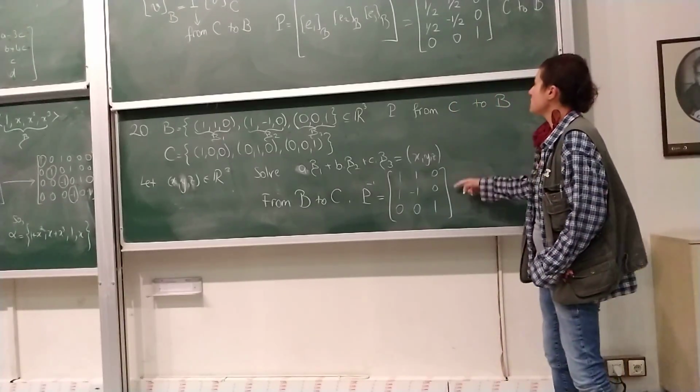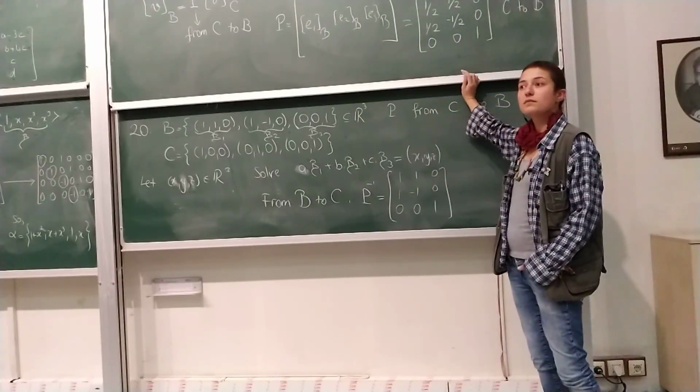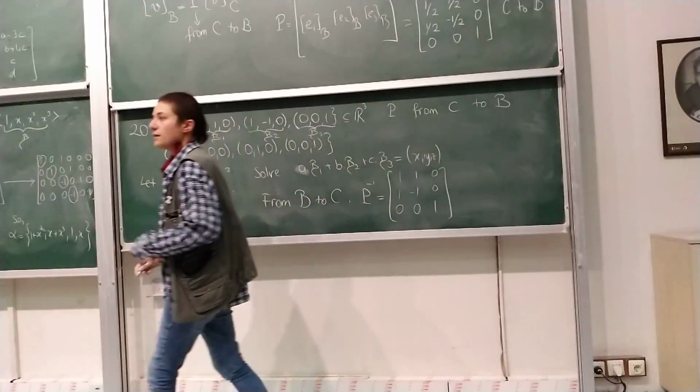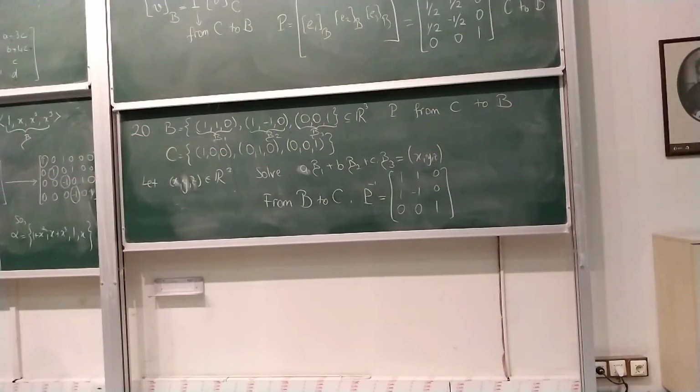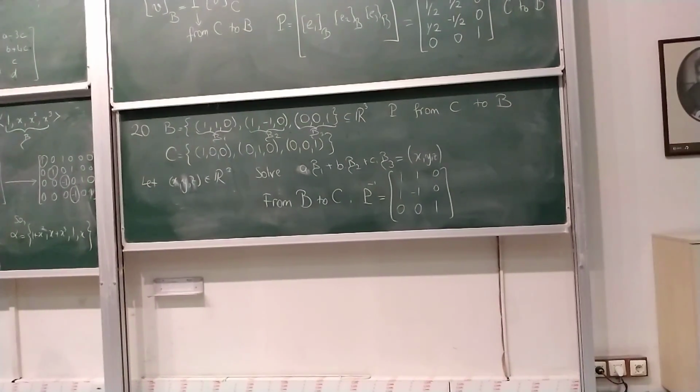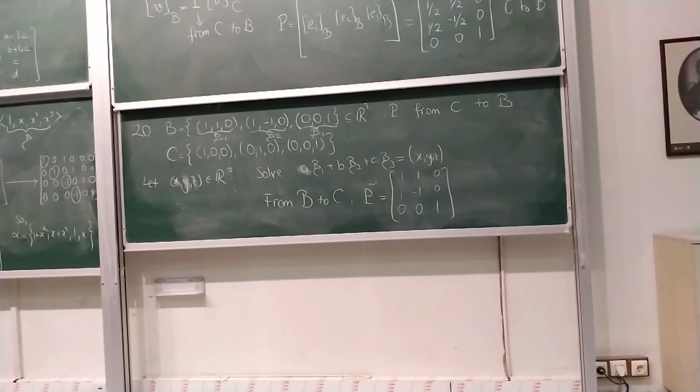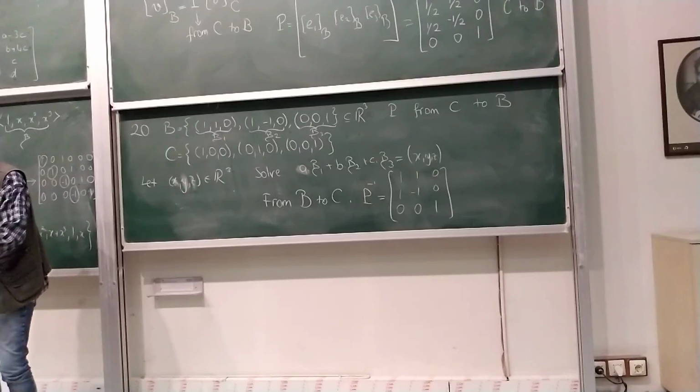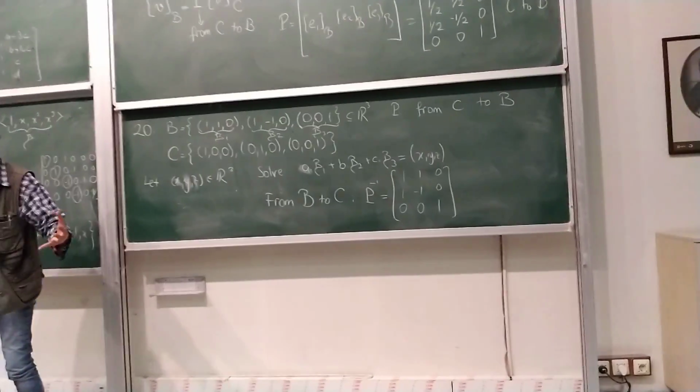This is the inverse of this matrix, P. That's it. Okay? I didn't need to calculate the entries of the inverse matrix. I know by heart that if you go from B to C by the matrix P, you come back to